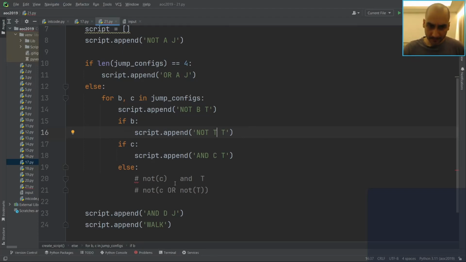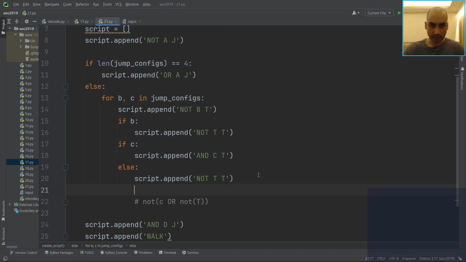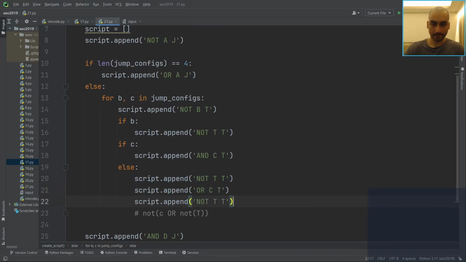Hang on. Let's just write out what we would want it to look like. So let's say we're doing that formula there. So we would do NOT T T, then we would OR it with C, and put the result in T. And then we would do NOT T T. And then after all of that,